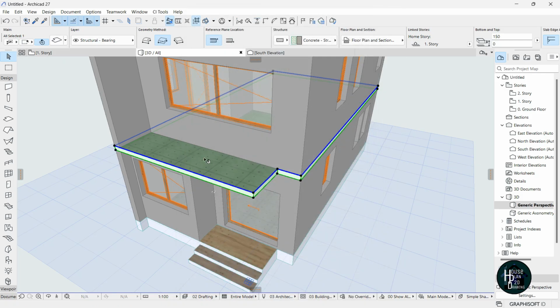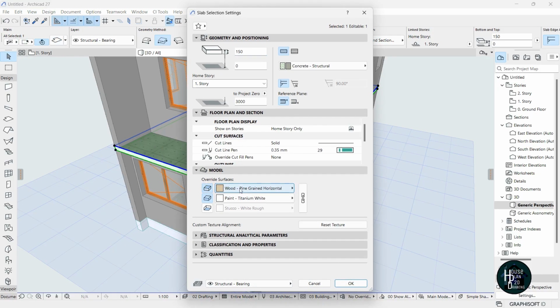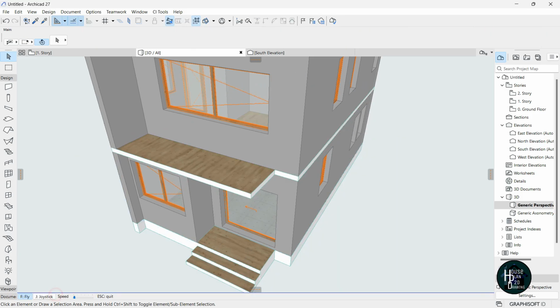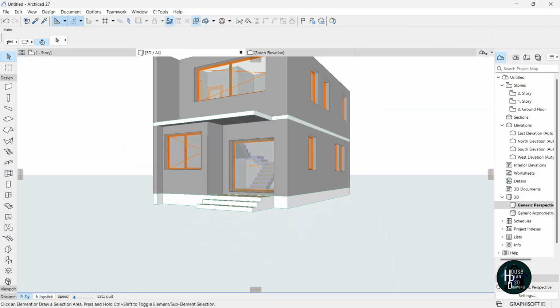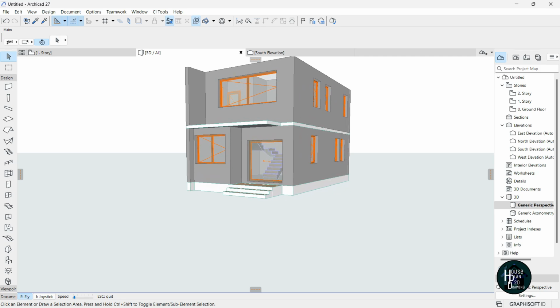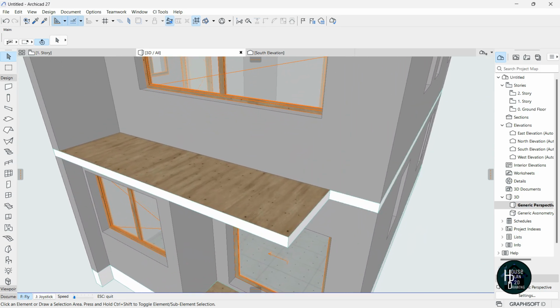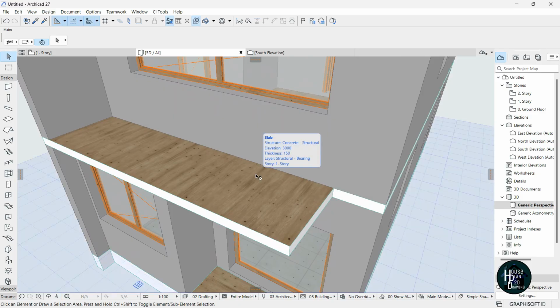Okay, now let's model this top surface here. Click on the settings dialog, click this, and let's leave it as this. Click on OK, and that's going to be like so. Okay, now you're going to have the design shown like this. The next thing I want us to do is fix the railing for this drawing. Okay, now to fix the railing, what I want to do is just hold on Alt, select